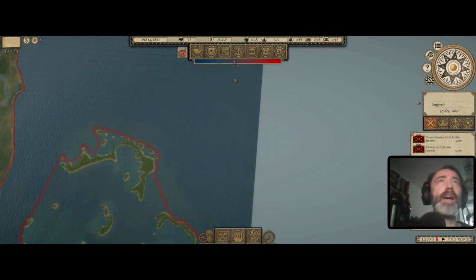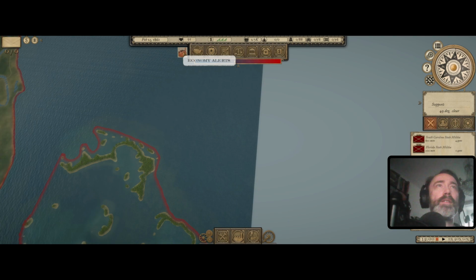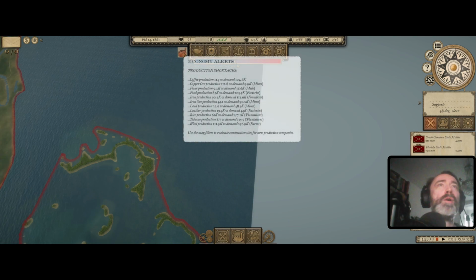Okay, so we kind of have to make financial decisions. I don't know how long this surplus is going to last. As far as I... Oh, what's this? Economy alerts? No. Oh, these are production shortages. We need coffee. Wow. We need copper ore, flour, food, iron, lead, leather, rice, tobacco, wool, and